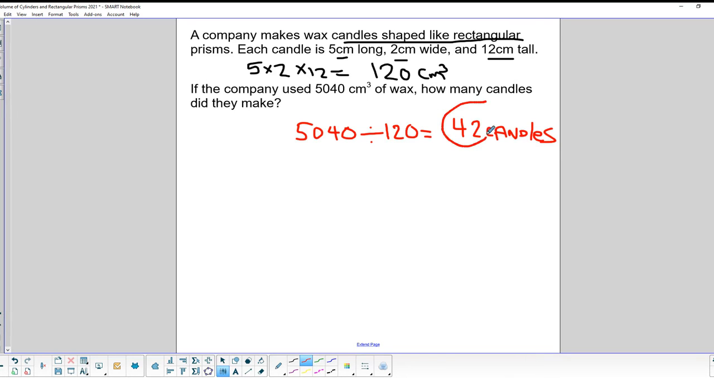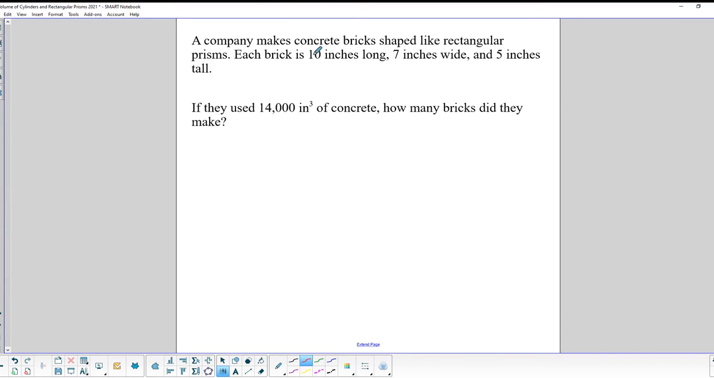Very good. Okay, let's try another one. A company makes concrete bricks shaped like rectangular prisms. Each brick is 10 inches long and 7 inches wide and 5 inches tall. So 10 times 7 times 5. 10 times 7 is 70, and 70 times 5 will give us a volume of 350